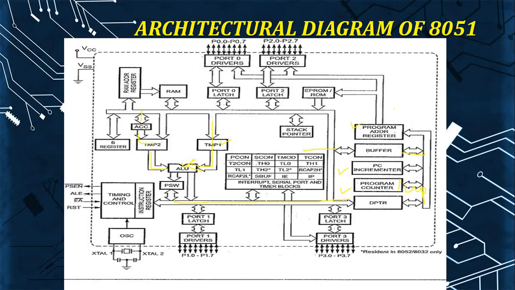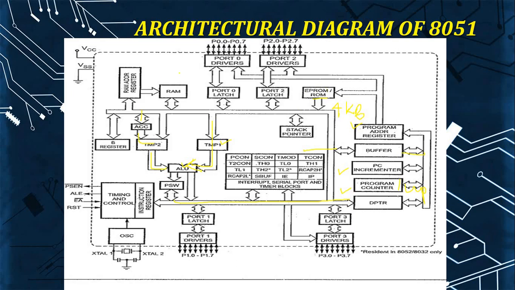From there, it goes to the ROM. What is this ROM? It is read-only memory. How much space does the read-only memory have? It has 4 KB. We have 4 KB of ROM. This is read-only, so we can only read the data. We use this memory only for reading purposes, so we don't have any address register for it.